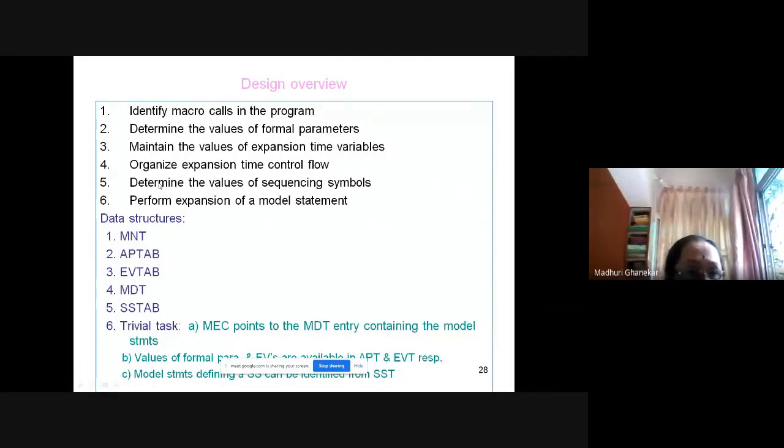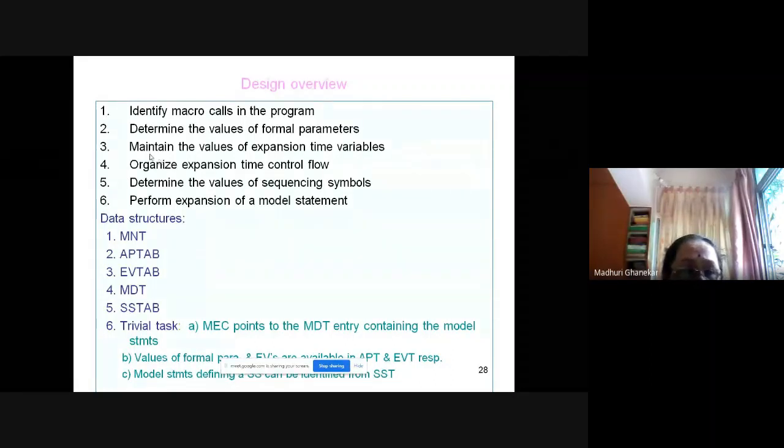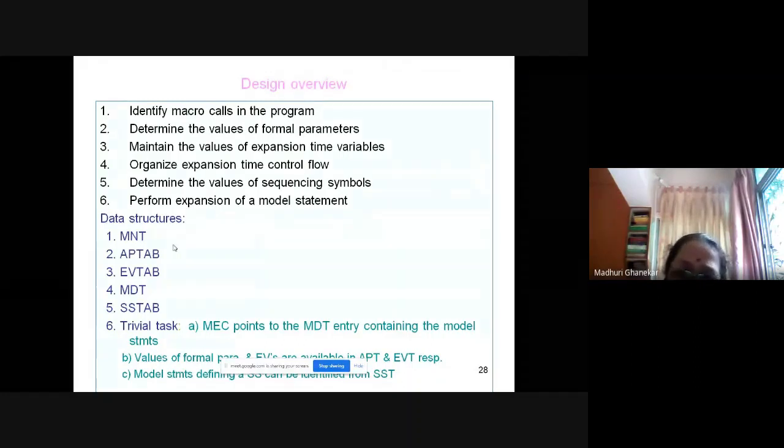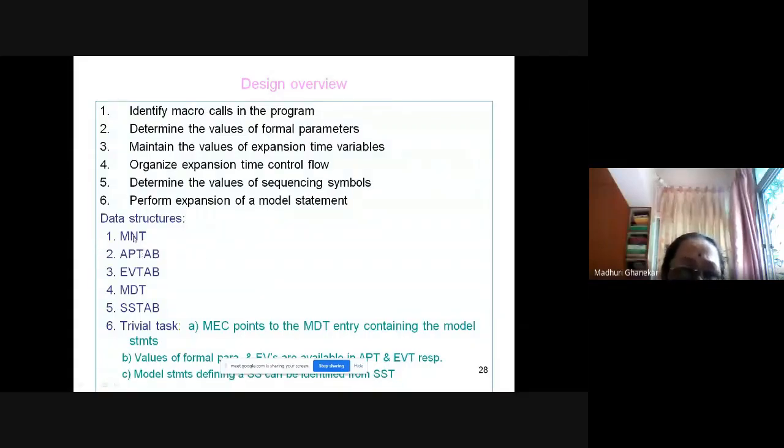Now we move to the third step. The actual macro body starts from the third step. So what we do is go on writing from the third step up to the MEND statement into a table, namely the macro definition table. Have you understood? The first macro statement we just skipped. It simply indicates that the next statement coming is the macro definition. The second step is the macro name, which we record into the MNT. The parameters we record in different tables, formal parameters and actual parameters. And now we move over to the third step.